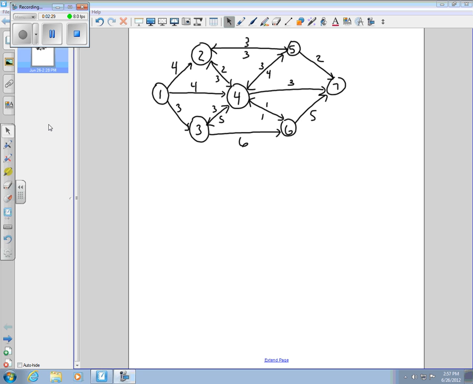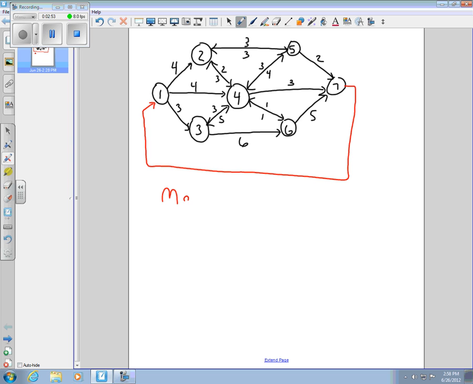Okay, so what we're going to do is something that'll seem kind of simple, and we're going to add this fake arc. I'm going to start at node 7, and I'm going to go all the way around, and I'm going to go back into node 1. And you may have to pause and think about this, but if we simply ask our optimal solution to maximize x71, where x71 represents the amount of